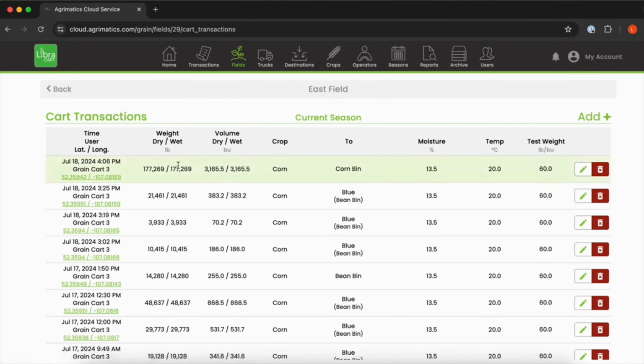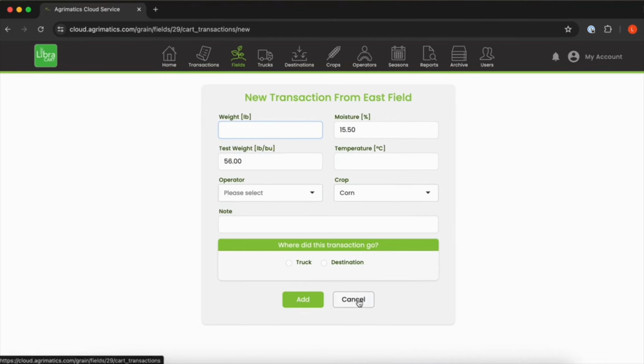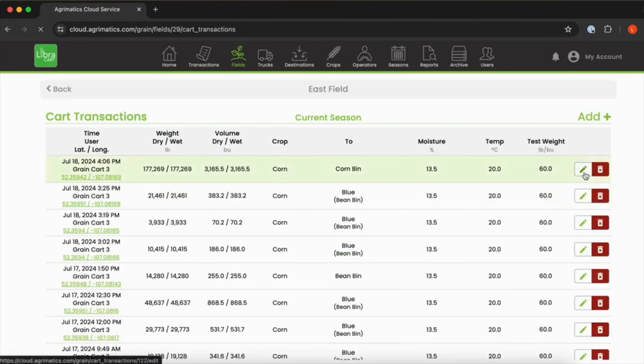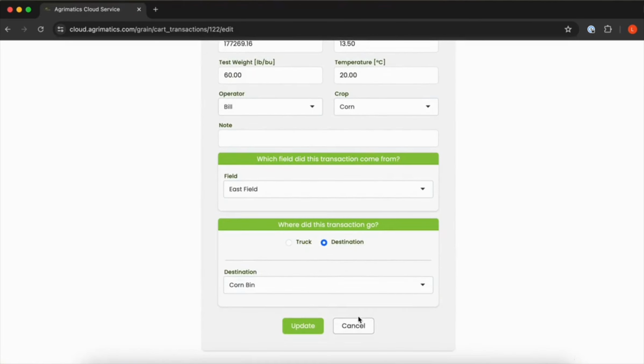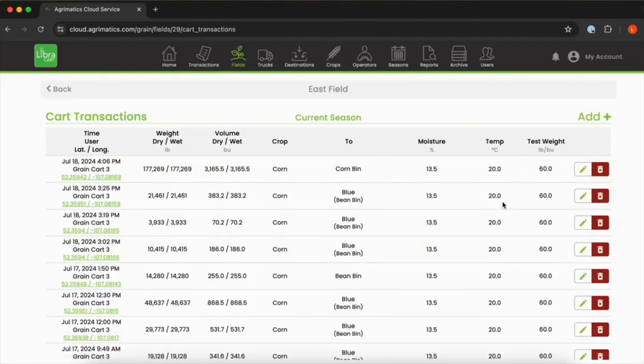We can see the dry and wet weights and volumes, the crop that was coming off of the field, and where the transaction went to. We can see some other field data from here as well. If you are Pro, you once again add the ability to add transactions manually and edit them and archive or delete them.